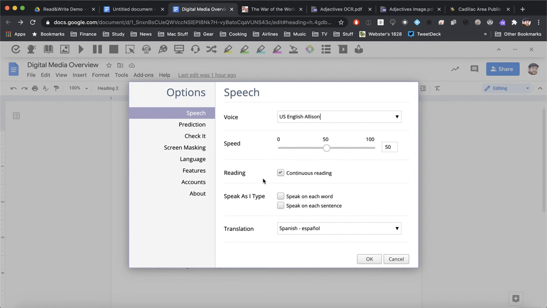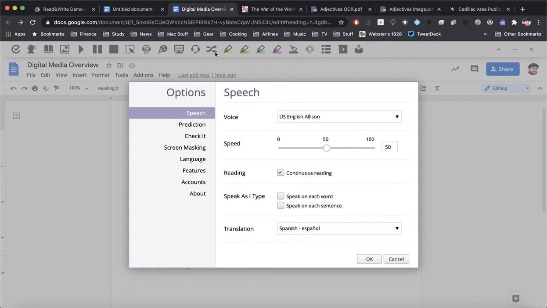but if you had a worksheet or some other document that you were working through where you only wanted to read a line or a sentence at a time, you can go ahead and uncheck this, and what it will do is it will read one sentence, and then it will stop and wait for you to select the next sentence and start reading again. Again, really helpful in a document where you might need to listen to just the first question and not have it move on to question 2 and question 3 until you've had time to process and answer that.